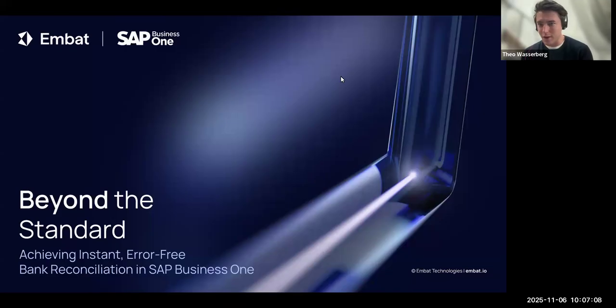One of the last projects I worked on had a lot to do with cash management and treasury, and I realized that it was a bit of a gap. Not just for SAP, but for ERP in general, the management of cash and the relationship with the banks can be a bit of a challenge. So hopefully today we're going to talk primarily about that connectivity to the banks and the reconciliation process, but we'll touch on a little bit of the other cash management and treasury things that SAP can do. That includes payments and cash flow forecasting.